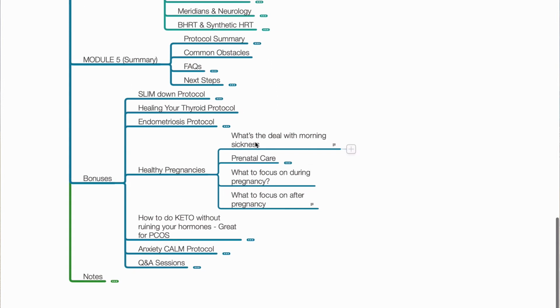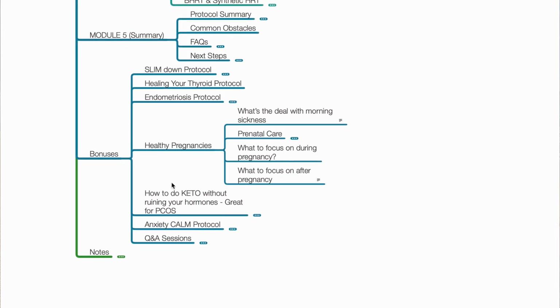So we talk about just the general stuff, like how to deal with morning sickness, prenatal care. What do I do before having a baby so that you can have a healthy baby? What to focus on during the pregnancy, and then getting your hormones back into balance after pregnancy while you're breastfeeding, that whole nine yards. We're going to talk about that in the healthy pregnancy bonus section.